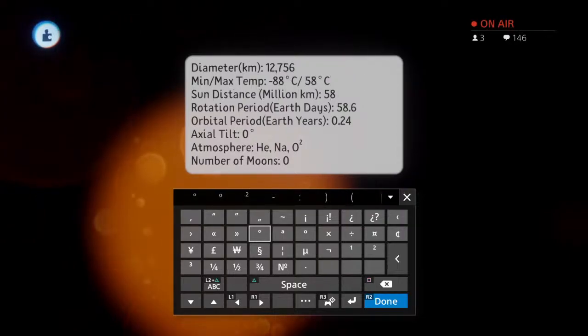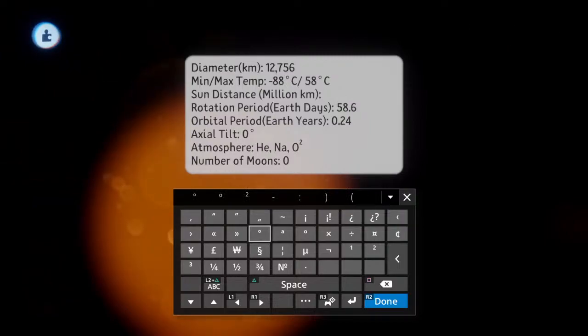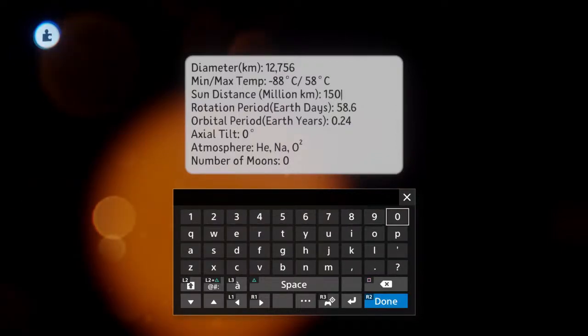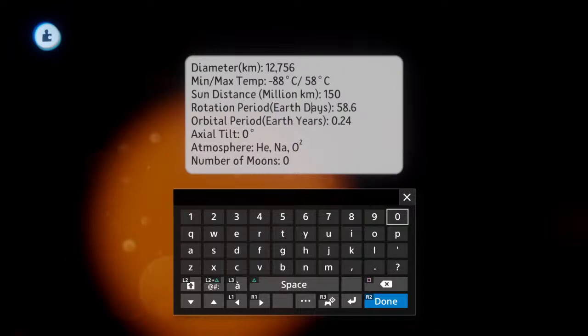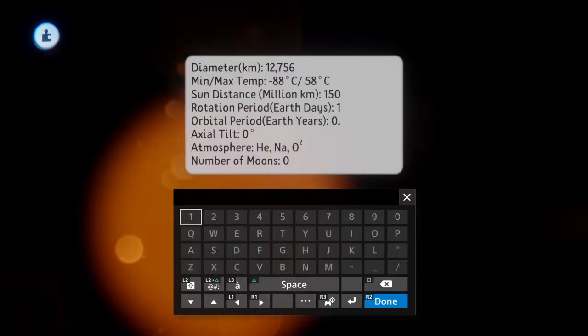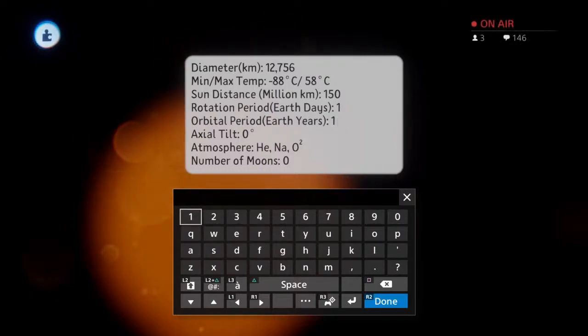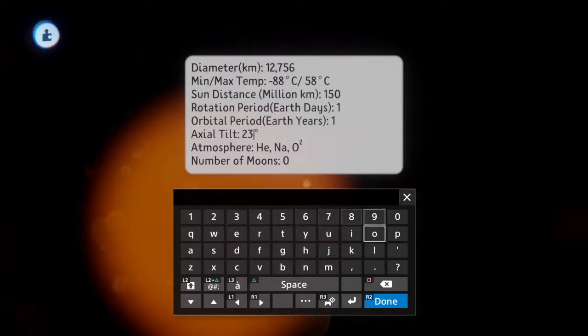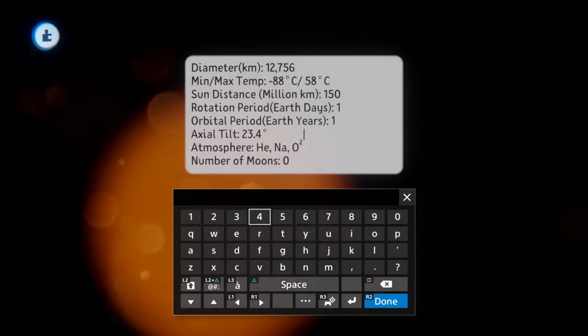Sun distance, millions of kilometers, 150. Rotational period in Earth days is 1. Okay, these are both going to be 1. This is where it's easy. 1, because it's Earth, so we're going by Earth, so it's going to be 1 Earth day, obviously, and 1 Earth year, because it's Earth. Axial tilt is going to be 23.4. Okay,